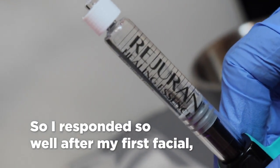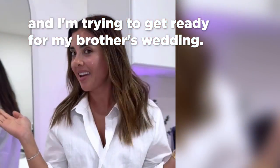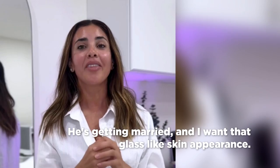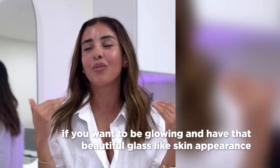So I responded so well after my first facial, and I'm trying to get ready for my brother's wedding. He's getting married, and I want that glass-like skin appearance. And this is the product that you should get if you want to be glowing and have that beautiful glass-like